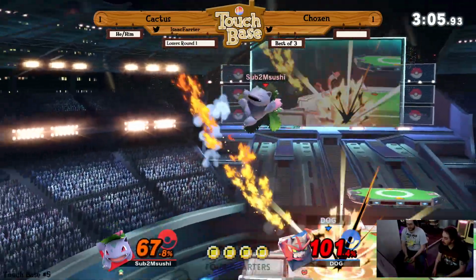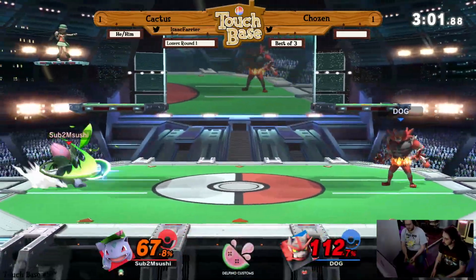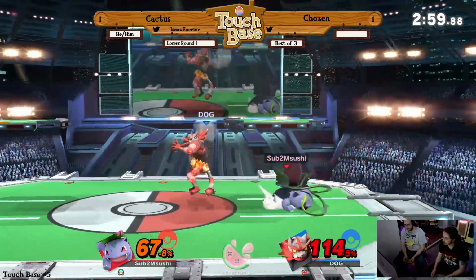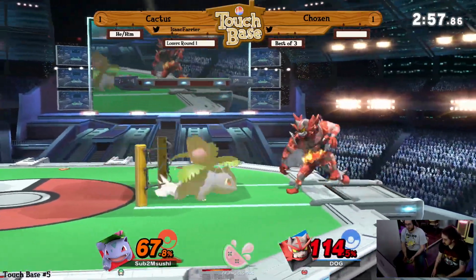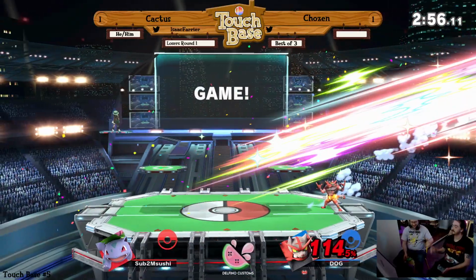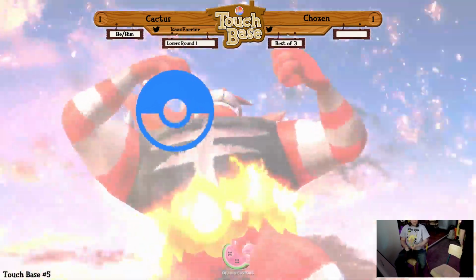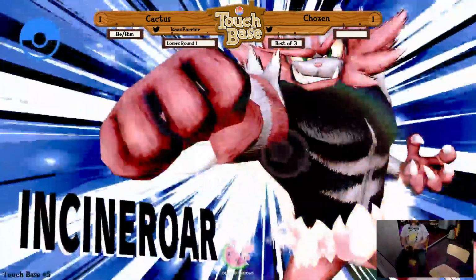Cactus controlling the ledge. No way! The Ivysaur down air almost certainly would have killed there and ended the game, but just about super armoring through, and the Alolan Whip through Razor Leaf will secure it. Chozen takes the dub when it seemed like Cactus was so close, but the super armor saves